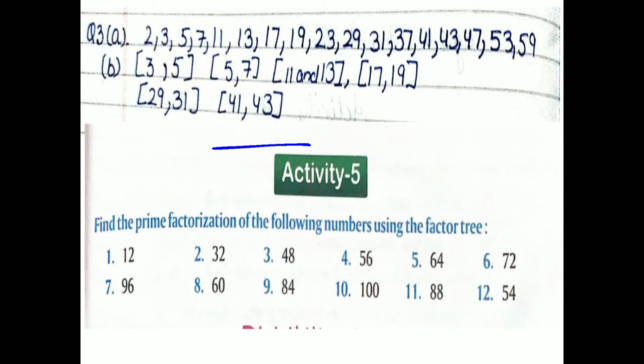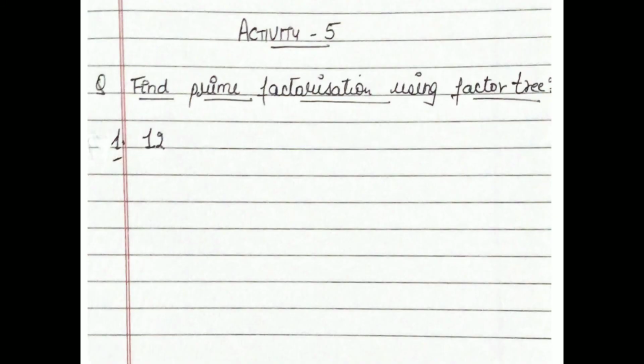Clear? Now students, we will start activity 5. In this, you have to write down the prime factorization. Means you have to find the factors by using the factor tree. So students, I will do all the parts for you here. Firstly, I will explain the first part, that is 12, how we make the factors of it. Firstly, see 12. So students, you have to write 12 first. Clear? Now you will see in which table 12 comes.